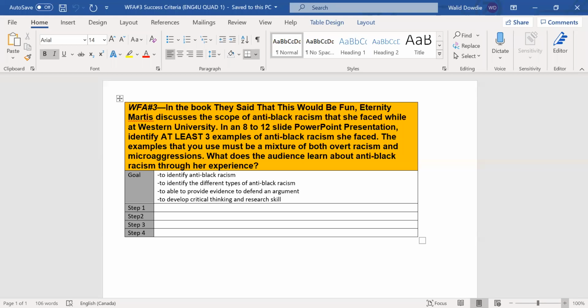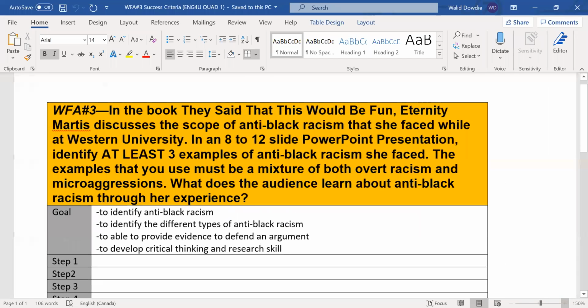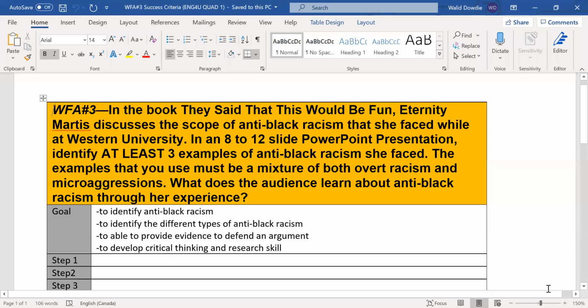Now, this is a new assignment. When I give new assignments, with the classes that I do it with, on a first attempt, we try to work and develop the success criteria together so everyone knows what they're doing. The only thing I start with is identifying the goal. So the goal of the assignment is to